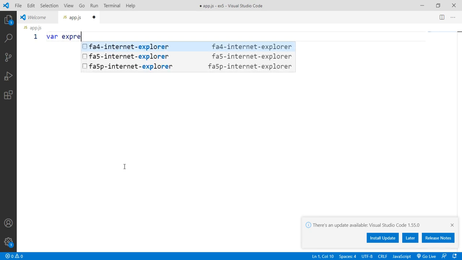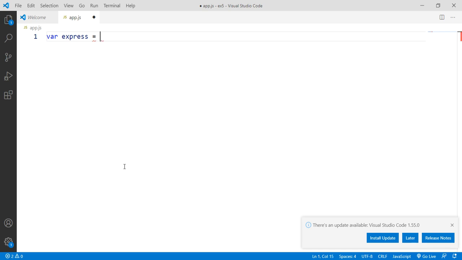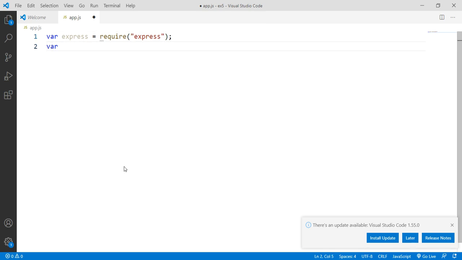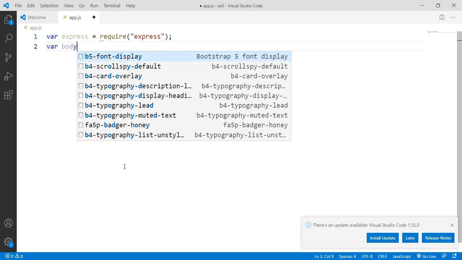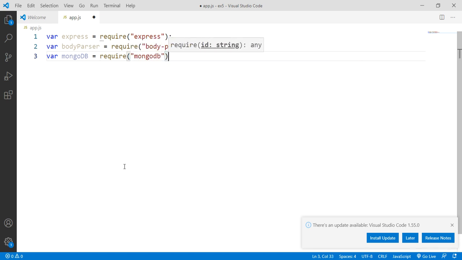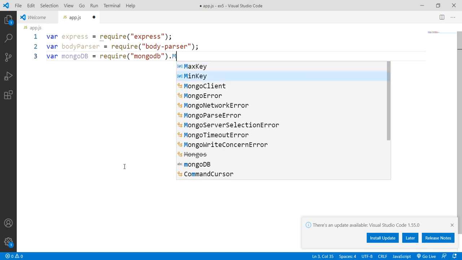First, load the Express framework using require. The Express framework is loaded. Now let me write all the frameworks one by one. bodyParser equals require body-parser. Now the database, mongodb equals require mongodb dot MongoClient.